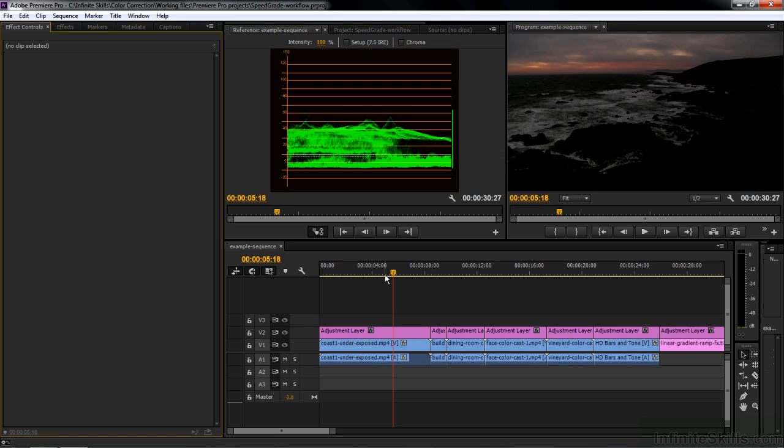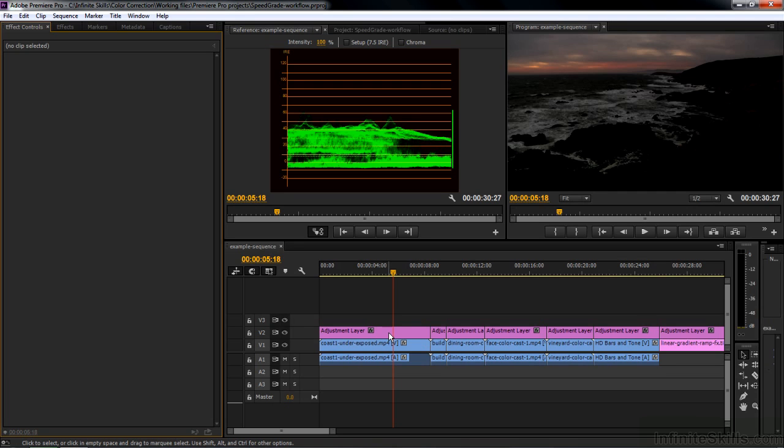When you work with a Premiere Pro sequence in SpeedGrade, you can't add what are called grading layers or grading clips. You can't change the Premiere Pro sequence inside SpeedGrade. So it's a good idea to give yourself a little bit more flexibility by adding adjustment layers that work as what are called grading clips inside SpeedGrade. So I've done that across the board here. I have not added any effects to any of these adjustment layers or these clips. I could, and those effects would show up inside SpeedGrade, but I'm not doing that in this particular case.